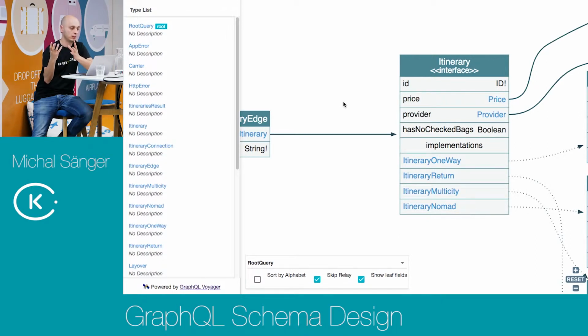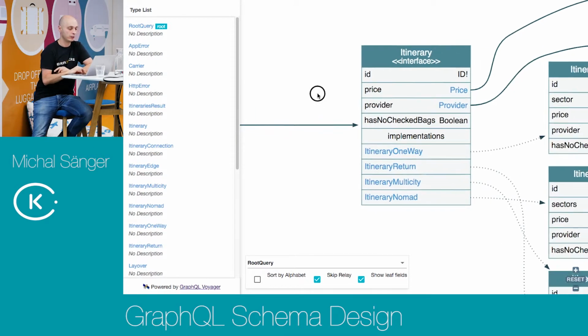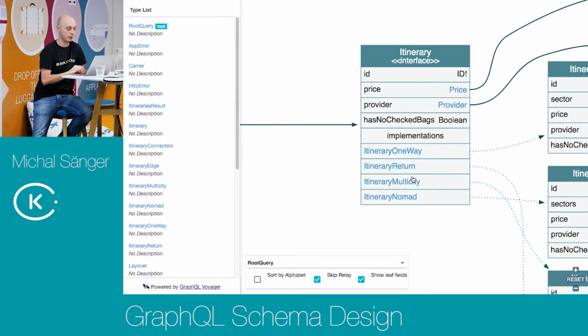So the common properties are defined in the schema, in the interface, and what's special for the implementation is kept in the implementation of the interface. So here you can see that the implementation of the interface is used in itinerary Oneway, itinerary return, itinerary multicity, and itinerary nomad, which